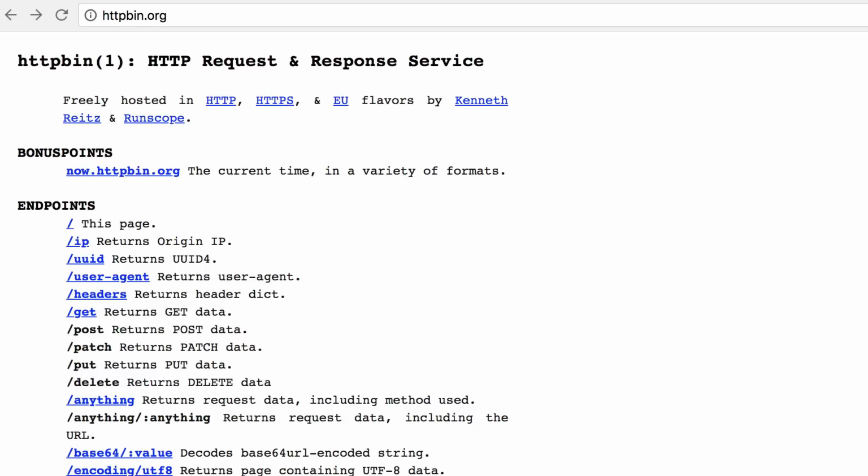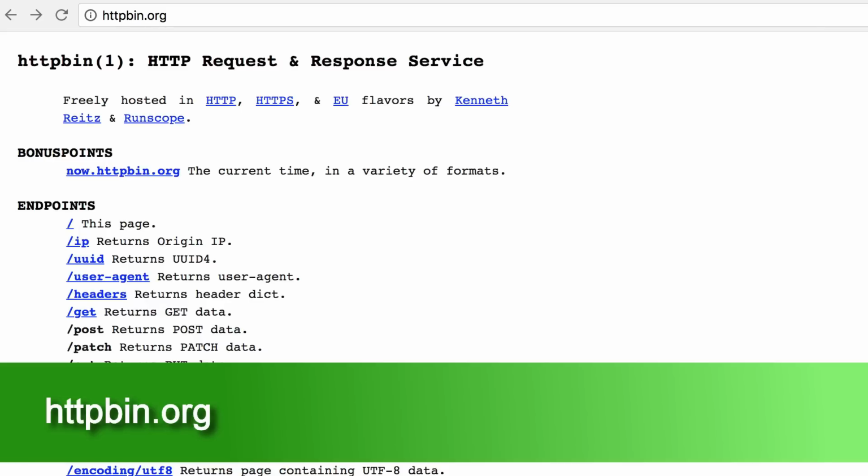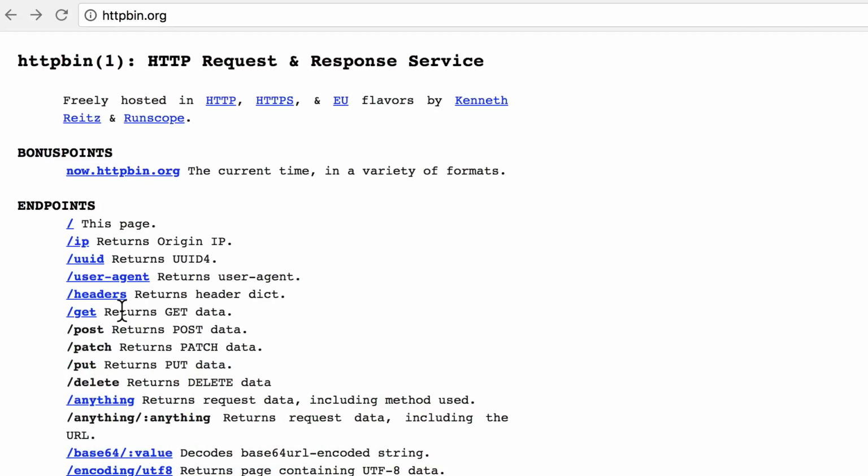For this tutorial, I'll be using a web service called httpbin.org. It provides different kinds of endpoints we can play around with, and one of these endpoints are the ones I mentioned in the introduction as well: the get, post, put, and delete endpoints. So I'm gonna play a bit with these endpoints and see how they work